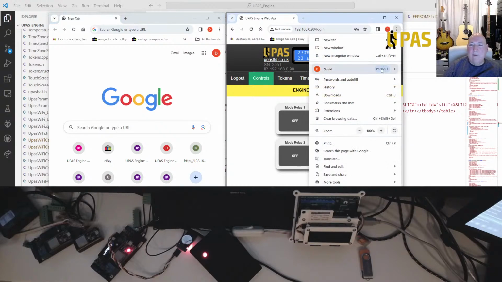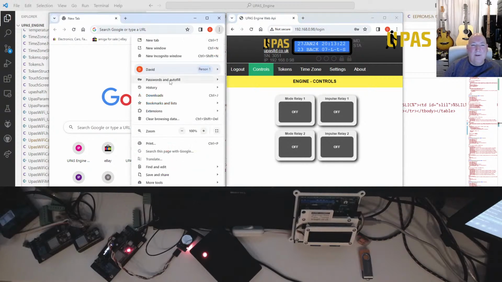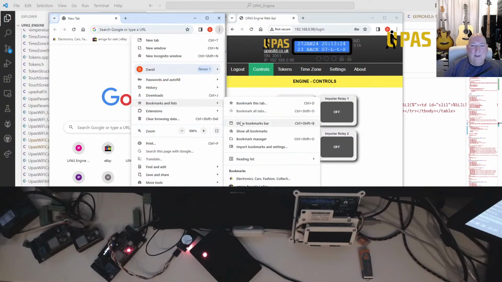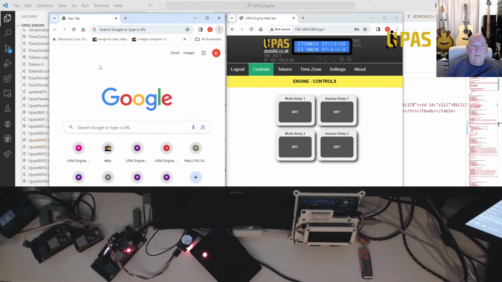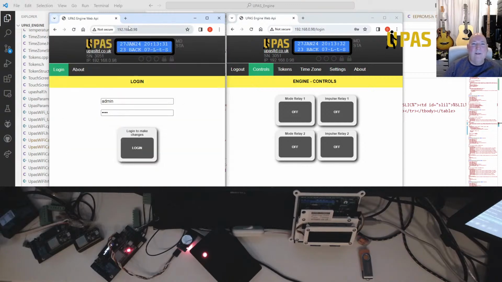What's going on here? Oh my god. What's this one got to do with that one? Show all bookmarks. It shouldn't be showing me a bookmark. What's going on? Tell you what, this Chrome's weird, isn't it? See that then? Anyway, yeah, so we've got two